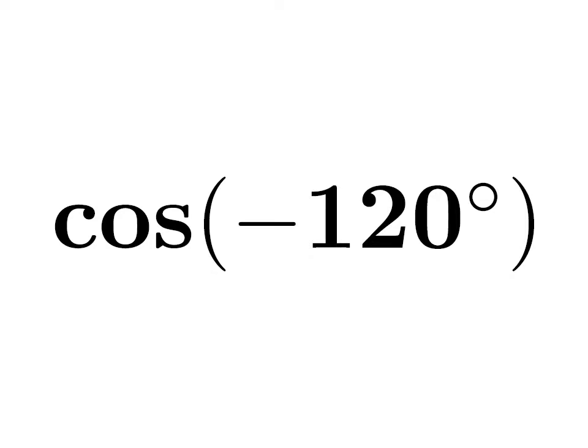In this video, we will learn to find the value of cosine of minus 120 degree. As we know, the trigonometry identity cosine of minus x is equal to cosine of x. The video explaining how to derive this identity is appearing in the upper right corner. Also, the URL address of the video has been mentioned in the description section.